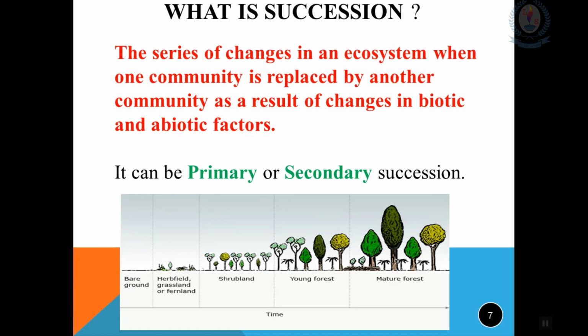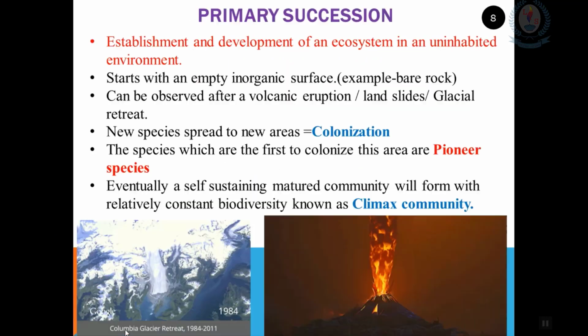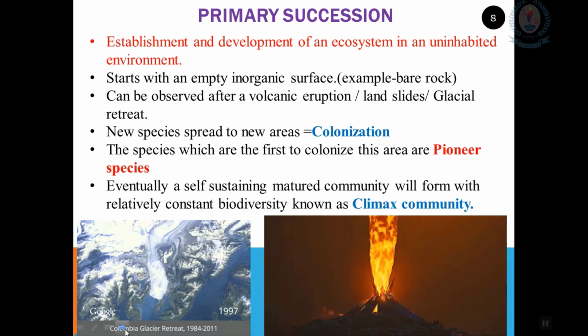The major biomes of the earth have developed over millions of years from bare rock into the ecosystems of today. This is the ultimate result of succession. It's a process by which the communities of animals and plants over a certain period of time are replaced by other, more different and more powerful communities. Ecological succession can be of two types. The first one is primary succession, the second one is secondary succession. We'll move on to primary succession. The definition is pretty straightforward.